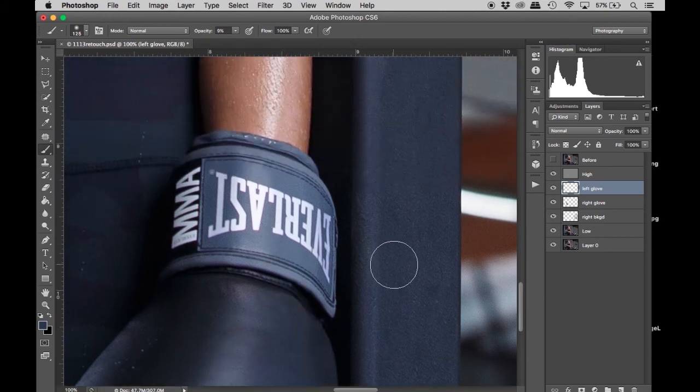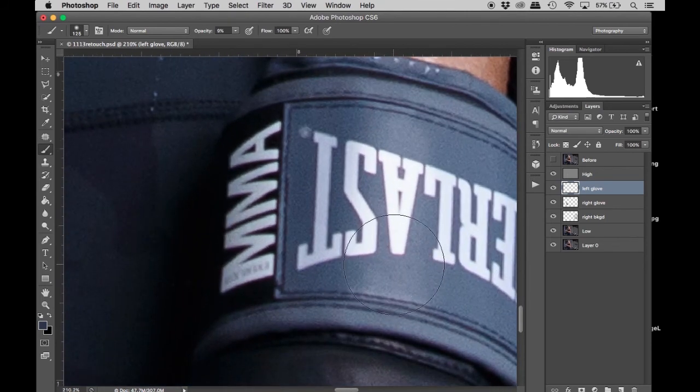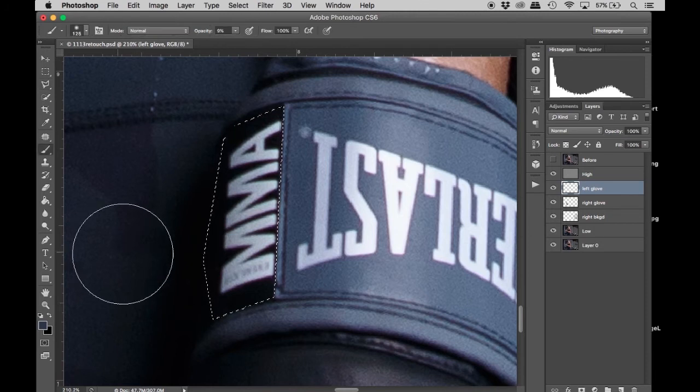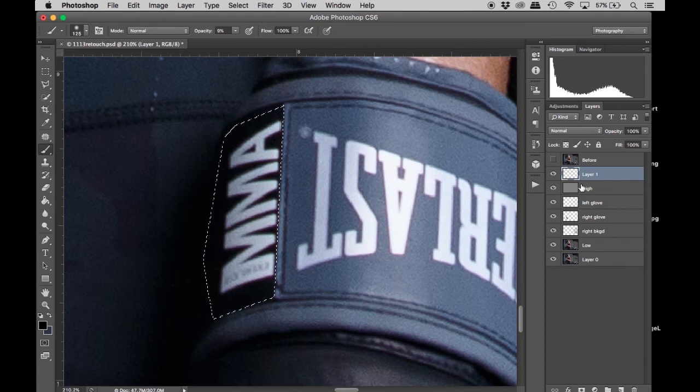There we go. So now with here, I'm going to use the poly tool because it's basically a straight line. And with here, you can literally tell that it's a true black. So one thing that you can do, because it's a true black, you can create another layer on top of the high layer. And the reason I'm saying to put on top of the high layer is when you paint it in black,